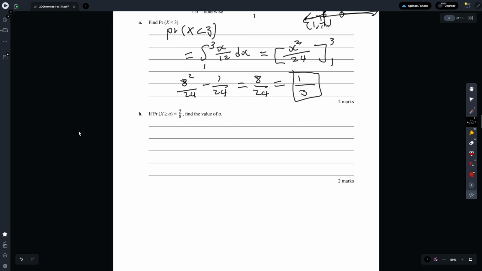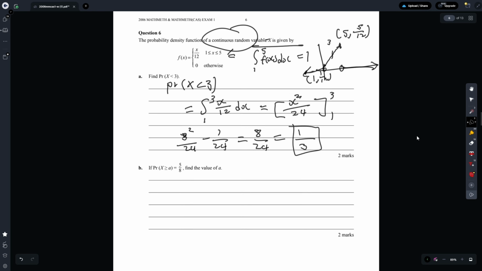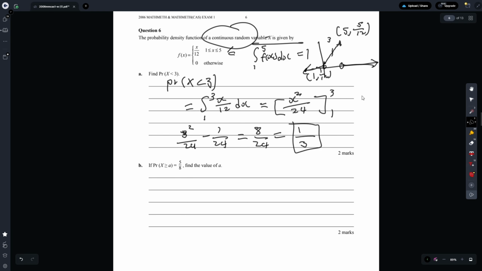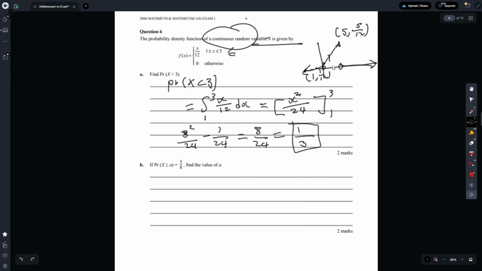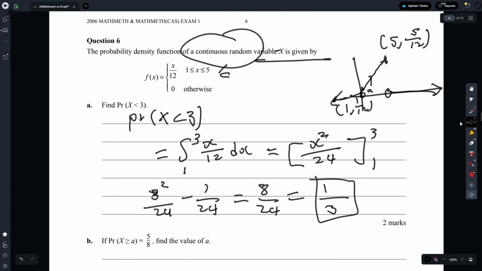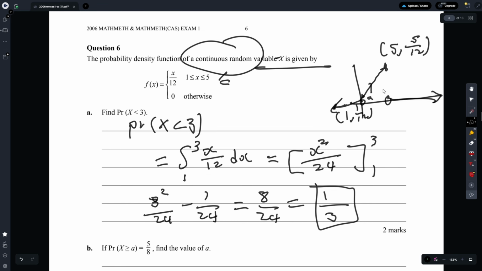If the probability x is greater than a equals 5 on 8, find the value of a. How would you approach this question? So we can go back to this graph right here. Let's just say this is A, right here. When it's greater than A, this entire area right here, it's basically saying that this area is equal to